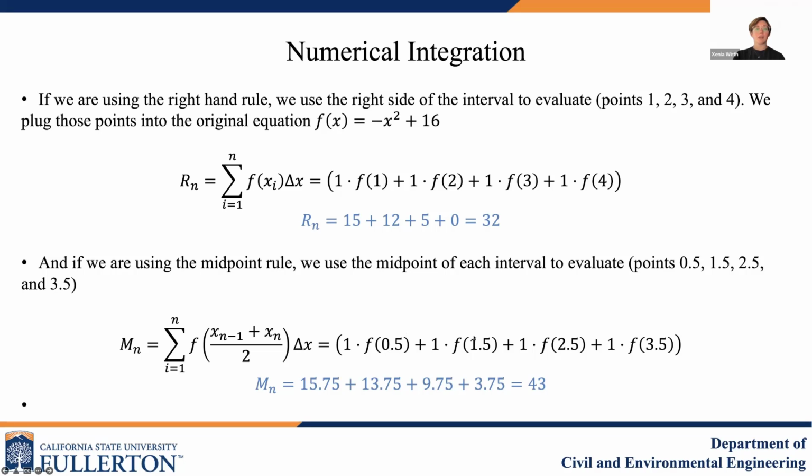So those are my x values here. And I plug each of those x values back into the function, and I solve for them. Always remembering to multiply whatever the value of the function is at that point. I always multiply that by delta x, which in this case is 1. So I do that sum once I've evaluated the function at each of these points and multiplied it by the length of the subinterval. And I find that the area under the curve is approximated as 43